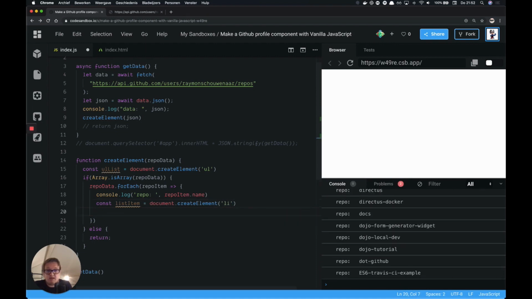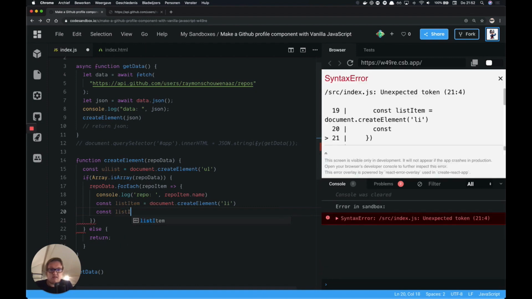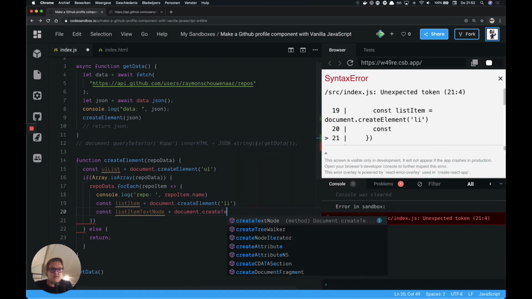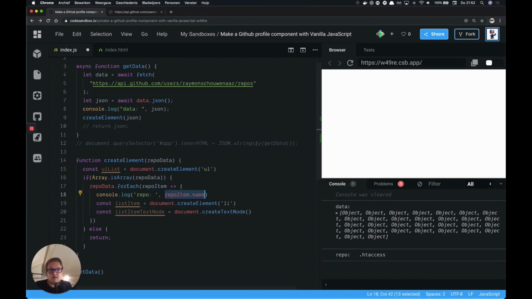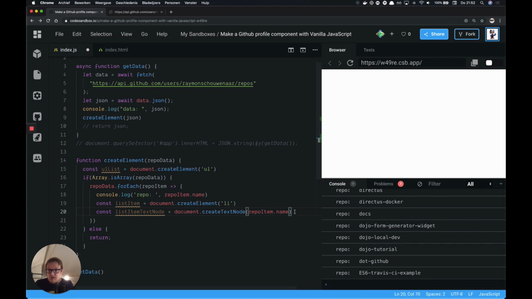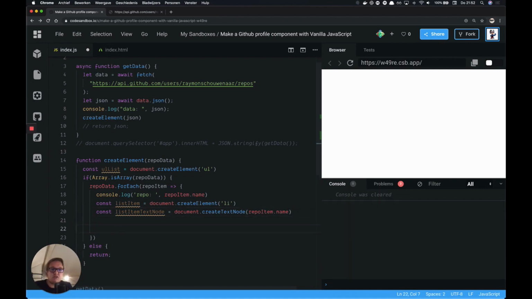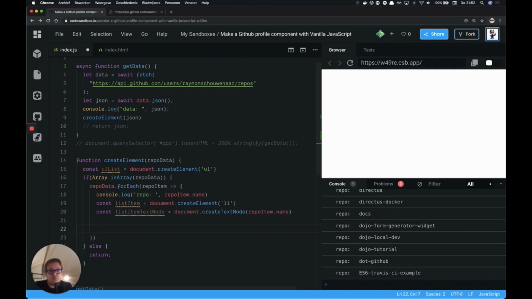And in order to put text in that list item, we need to have a text node. So const list item text node is document dot createTextNode, and here we need to add the text in. So right now our list item text node has the information of our repository name in it,